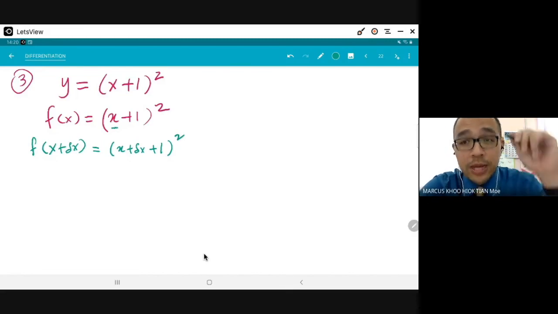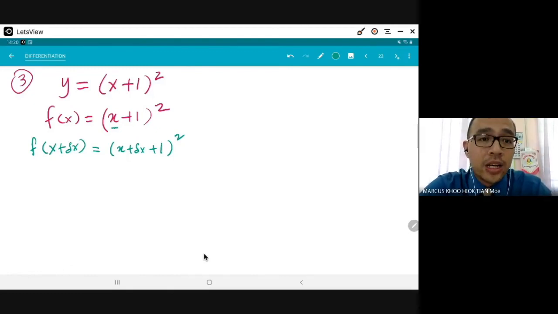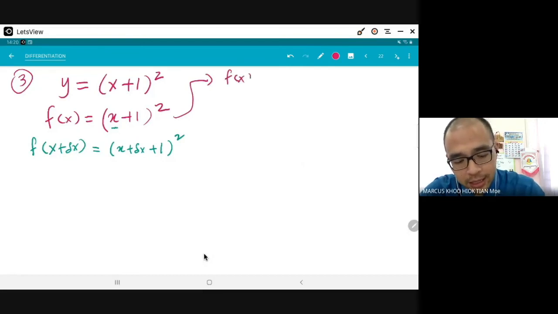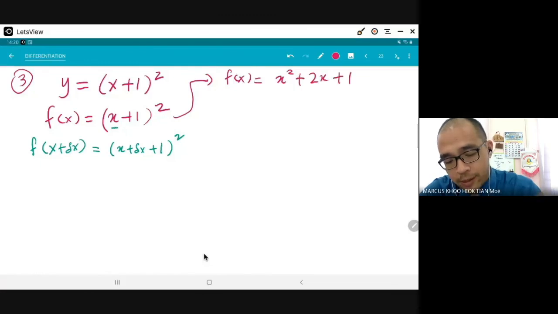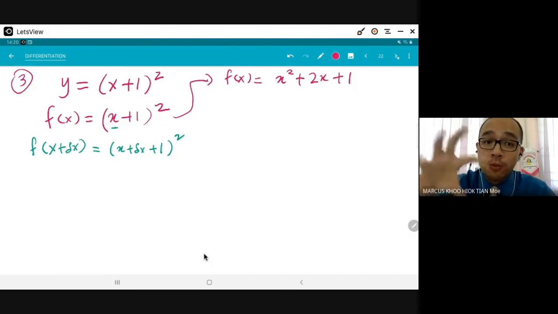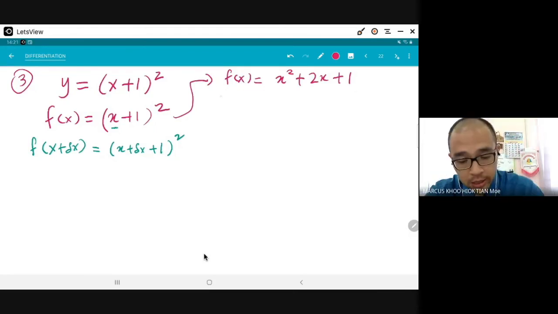Okay, but this is a big problem. When we have x plus del x plus 1, then when you square the whole thing, it's a very big issue, because it's not that easy for us to do. So sometimes it helps if we expand this first. fx equals to x squared plus 2x plus 1. Okay, we expand first. Then it's easier for us to put in the del x. We don't have to think about this complicated multiplication. So because of that, I will get